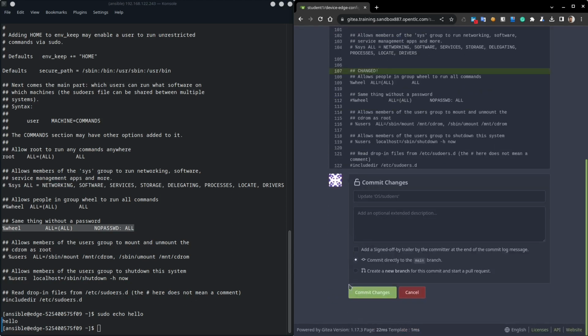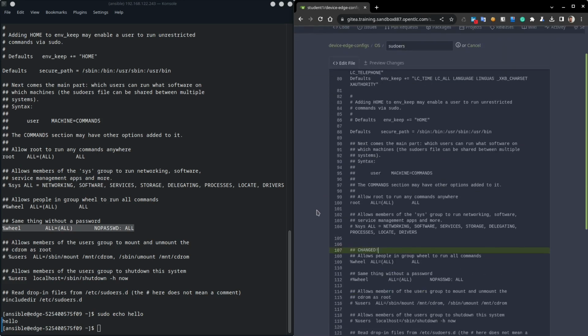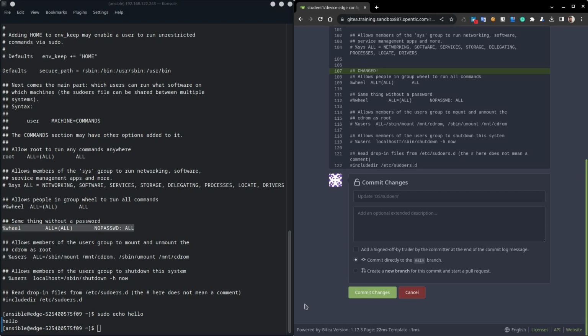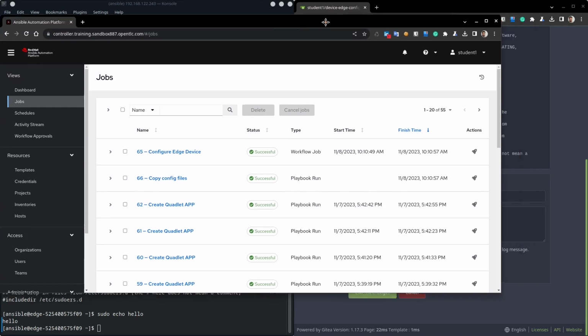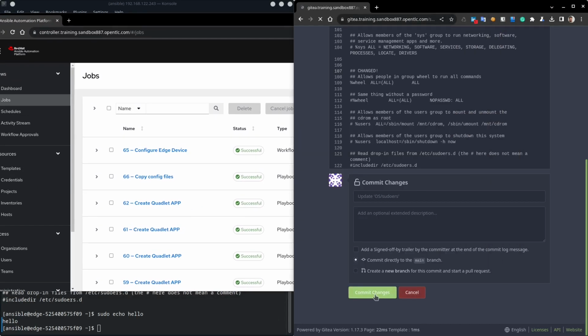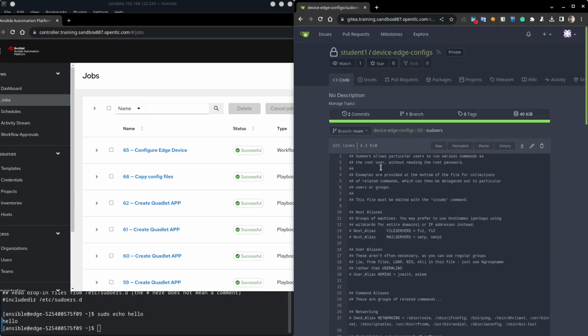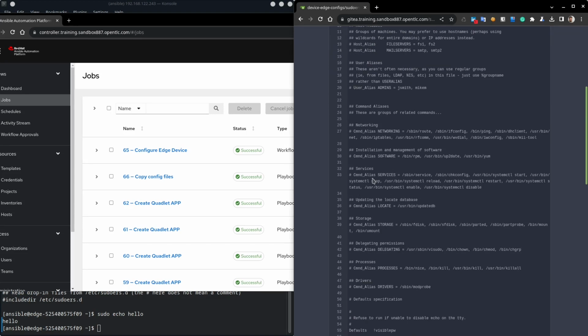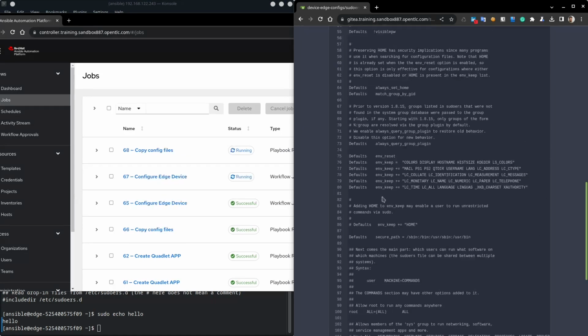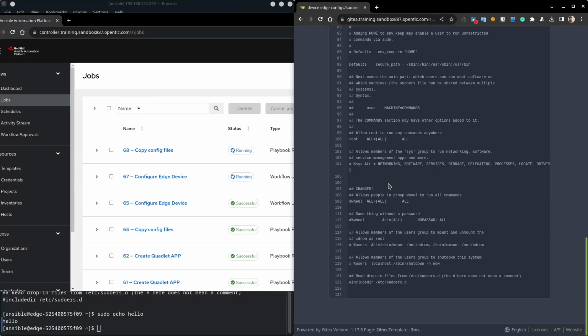Okay, as soon as I commit the change, remember that we use Ansible event-driven automation. So with a webhook, we will see how a new job is launched here. So let me do it now. Now I changed the file in the Git. Of course, I'm using the web browser for convenience, but you can just use Git push from your local system. So now the webhook